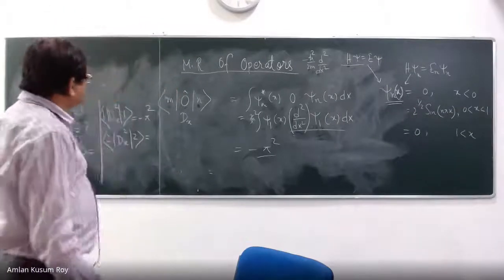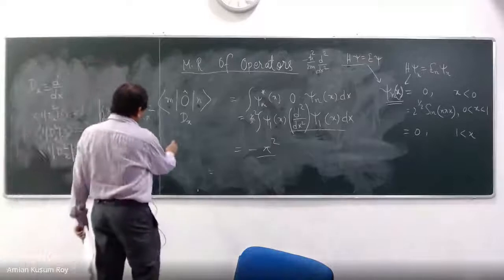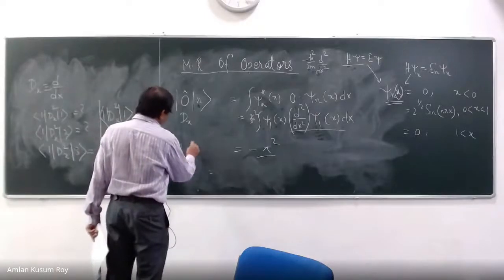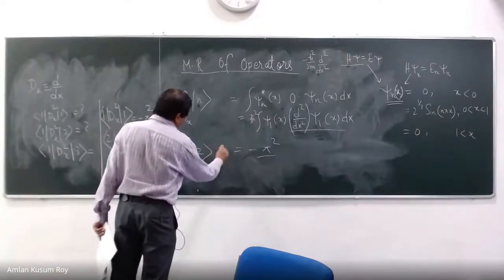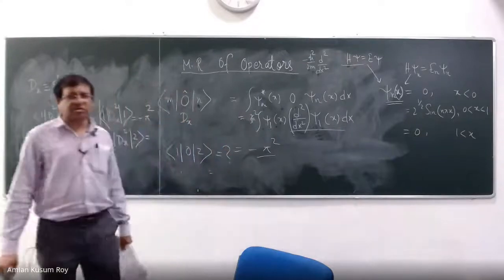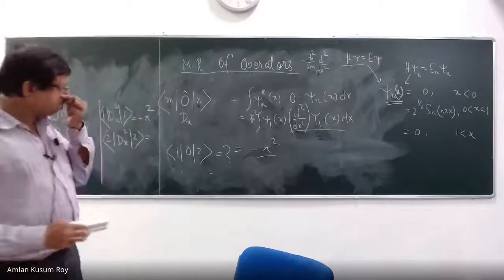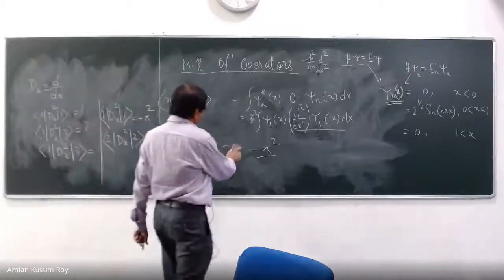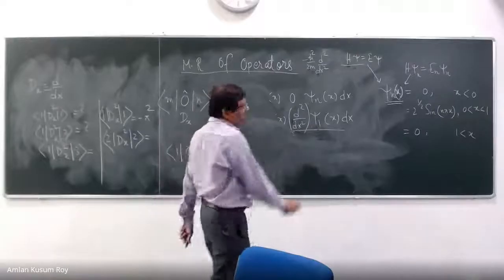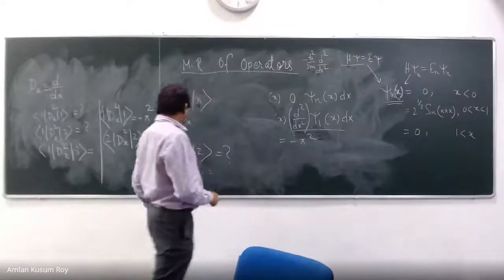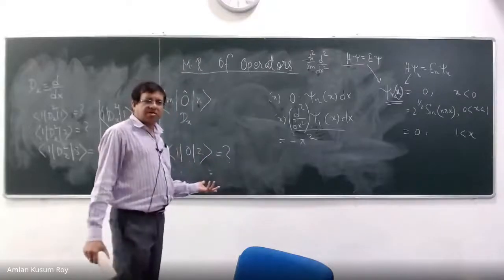So if this is the case, then what will happen to my 1, 2? What is going to happen if you have understood this? If you have not understood this, it will be very hard. But what will happen to this? It will be 0, sir. Very good. Why is it 0? Because 2 is also an eigenfunction, so we'll get 2 back, and then we'll have some constant times 1, 2. Exactly. So you see how simple the rule looks.